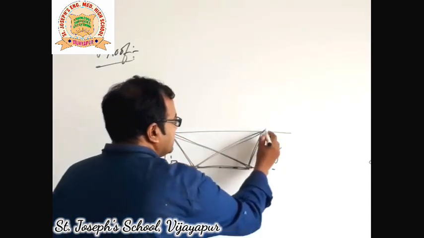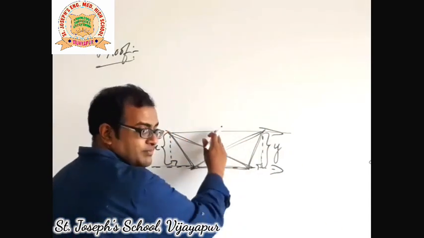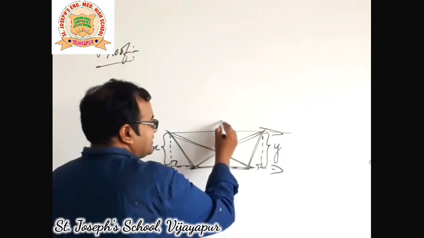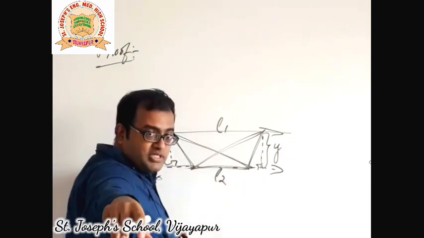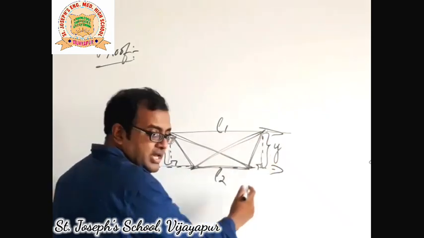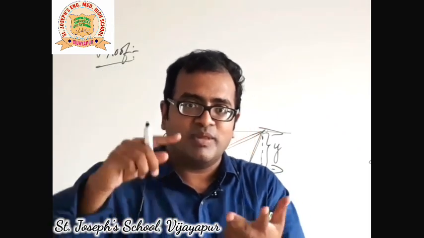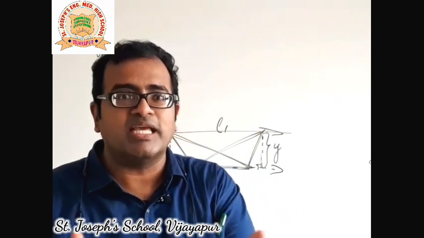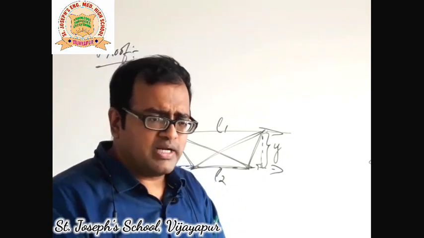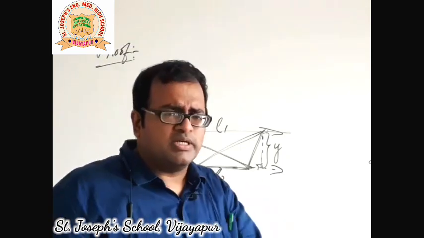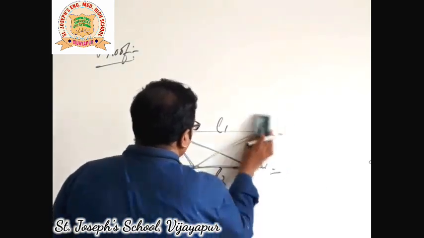See, these two are parallel lines. Only then it's a trapezium. Compare with L1 and L2 which I spoke of just now. Here we have X and Y. They both must be the same. So the heights of these two triangles are the same. The heights are the same, the base is the same. What can you say about their areas? Equal, of course, right? So let us prove that also. Let us break it down further. I am going to prove that now.